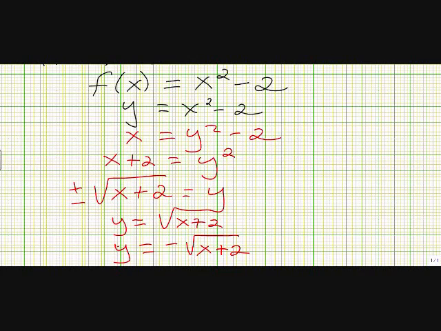So now when I go to find the inverse and I end up making two separate equations, I end up making these two separate equations because this equation, y equals plus minus square root of x plus 2, is not a single function. It is two functions. If I want to write it in function notation, I write,